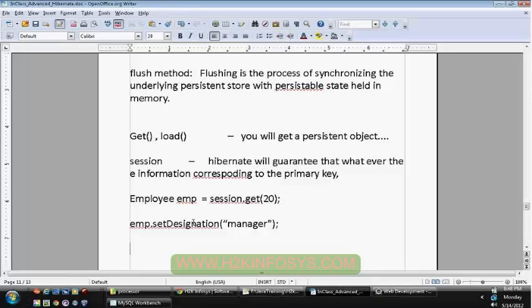So when you change this data, let us say you have changed the object status here. You have changed the Hibernate object status. Changing the status means you have changed a property. That means the previous information that was retrieved from the database is not at the same level now. When you call session.flush method,